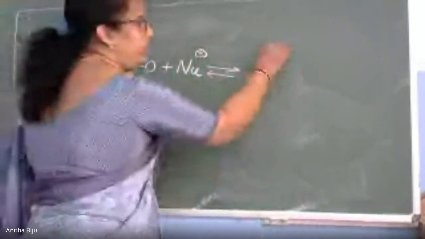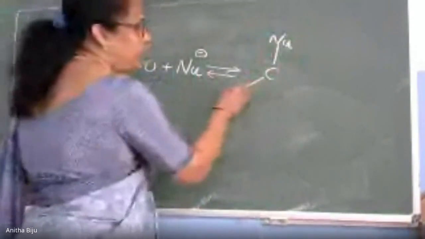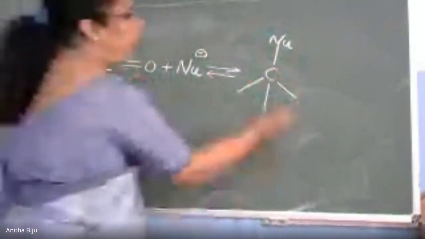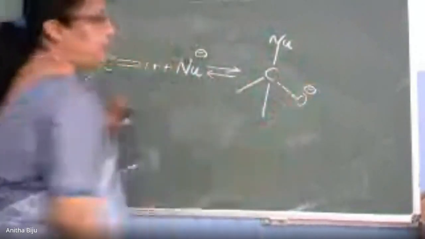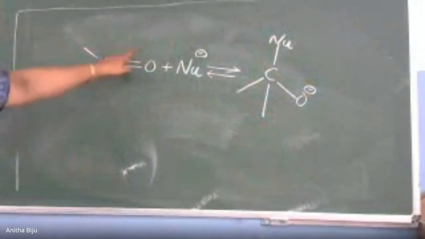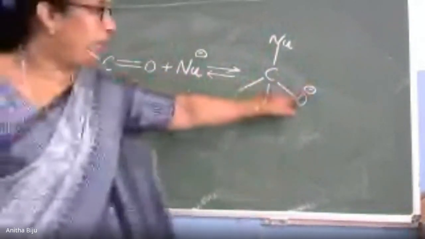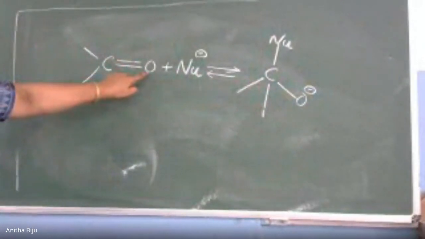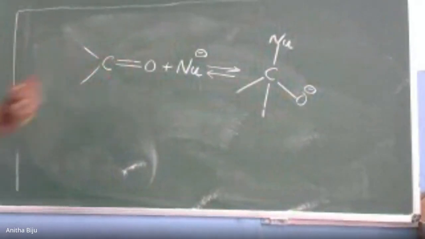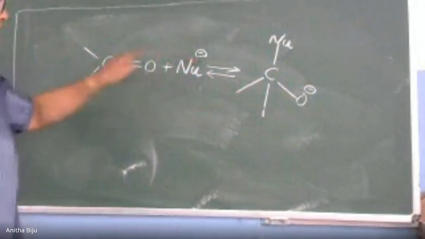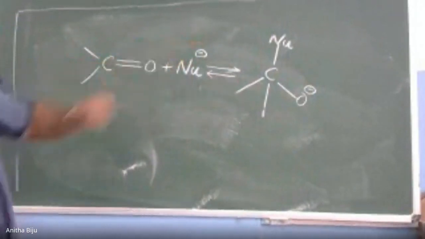C, Nu, P valencies, and here we have O minus. Actually, the reaction takes place here. Pi electron shifted to oxygen, that's why here we have negative charge. As a result, oxygen gains a full negative charge and carbon gains a positive charge. So the nucleophile is attached to this carbon atom. That's why we have a compound.